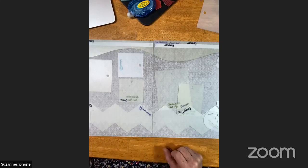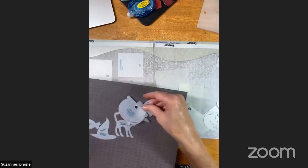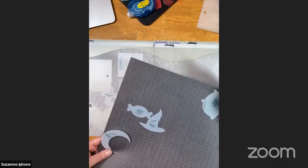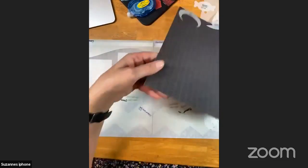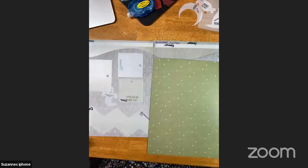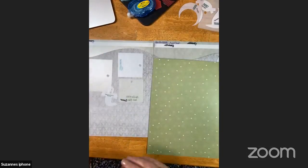Now, the first thing I'm going to cut out, I also thought about using this cute little ghost over here. That's right. I knew I had him out for a reason. I'll put these over there. I'm going to use the black bat paper for the house, but we'll get to that. I don't want to do that first, obviously. So the first thing we're going to cut out is going to be